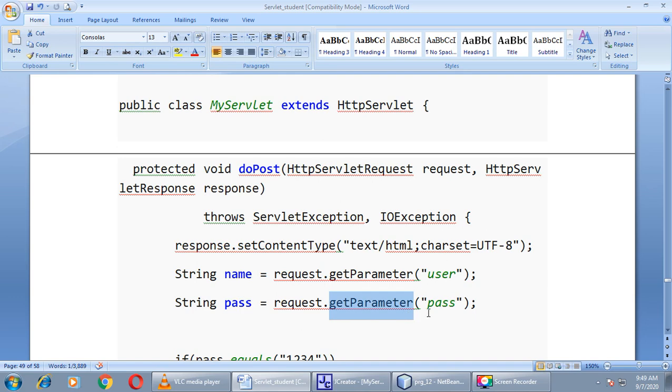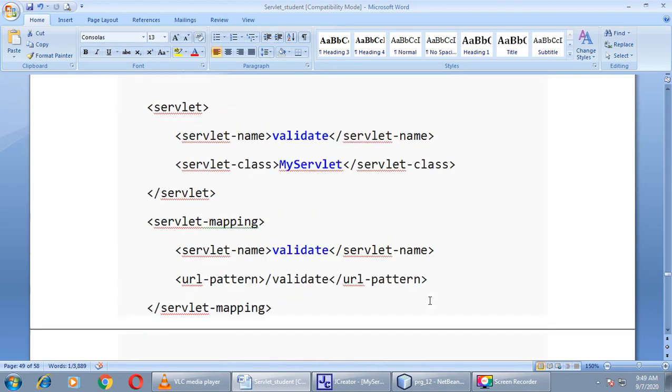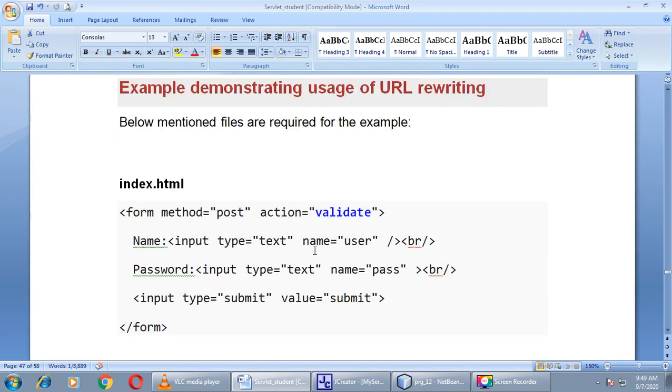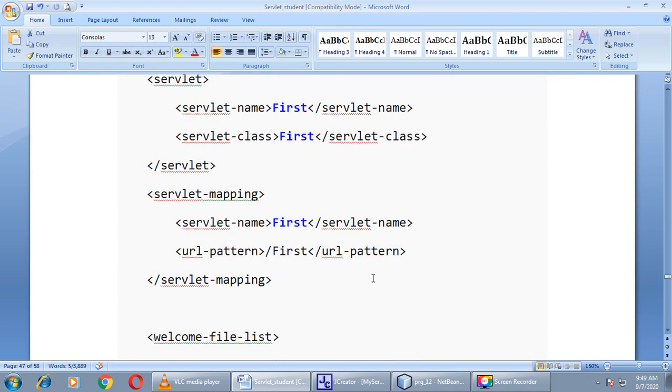Okay, these two are request parameters. These are defined in our HTML file, these two fields. If you are giving address field also, you can get it with the help of same technique.